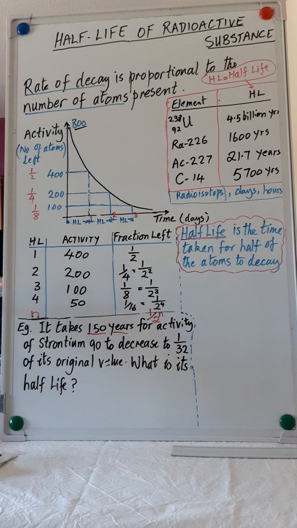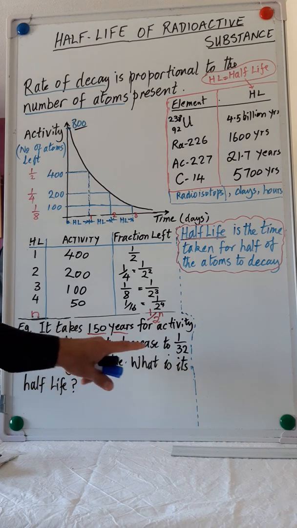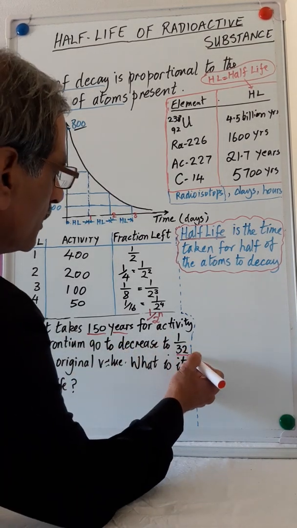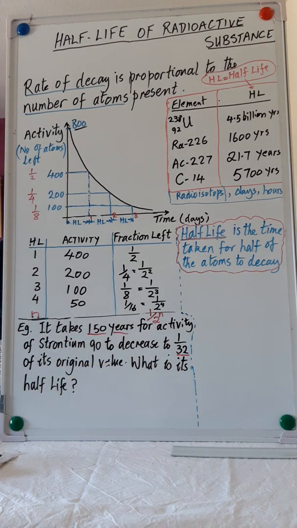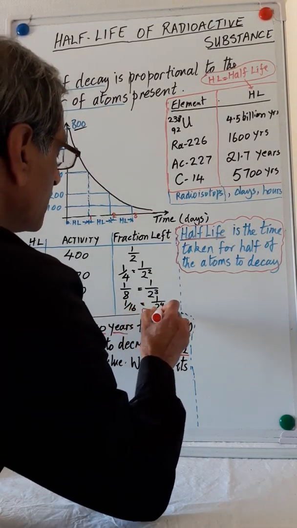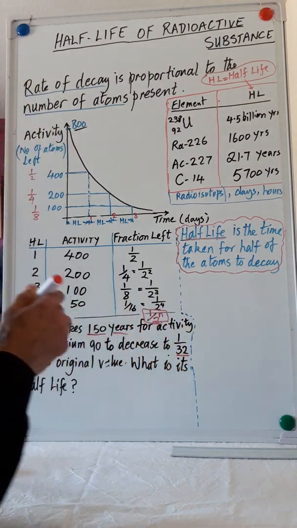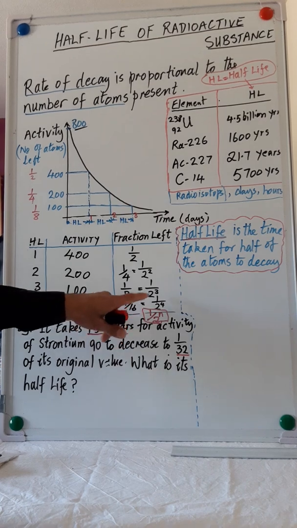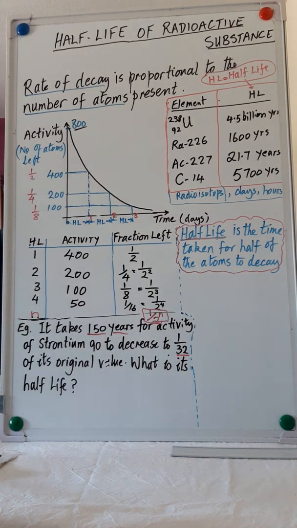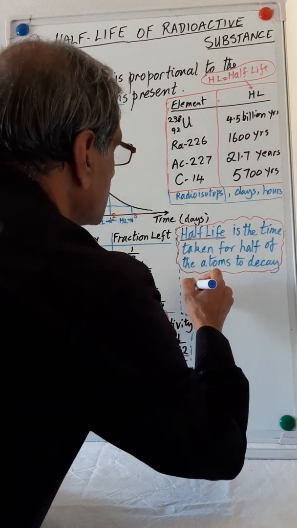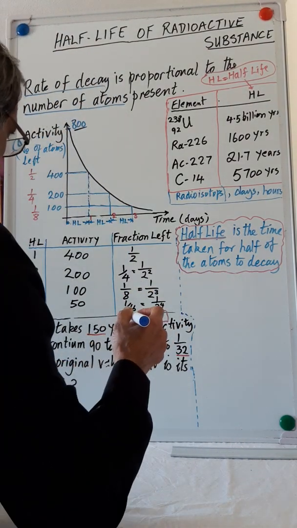Now, we take this for example. It takes 150 years for the activity of strontium-90 to decrease by 1 over 32 of its original value. What is the half-life? Now, I can use this rule. The fraction will be 1 over 2 to the power of n, where n equals 5. So, if we say one half-life,